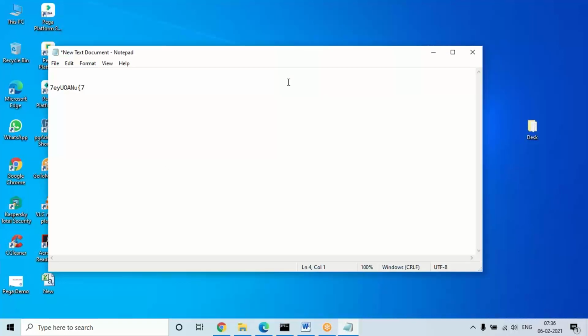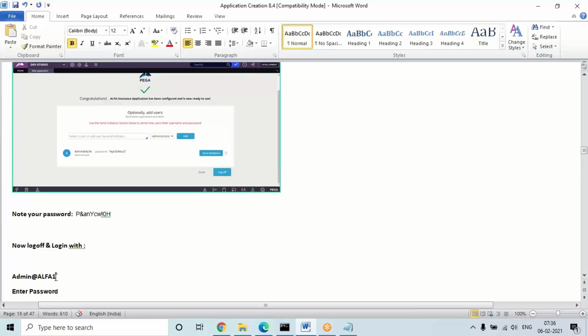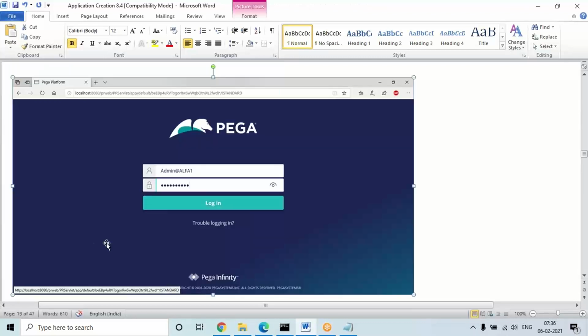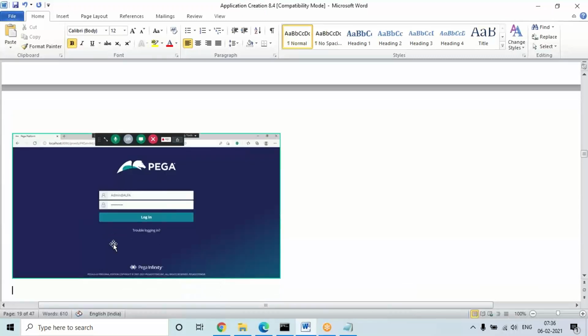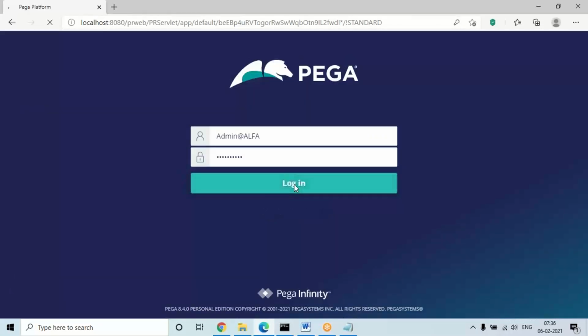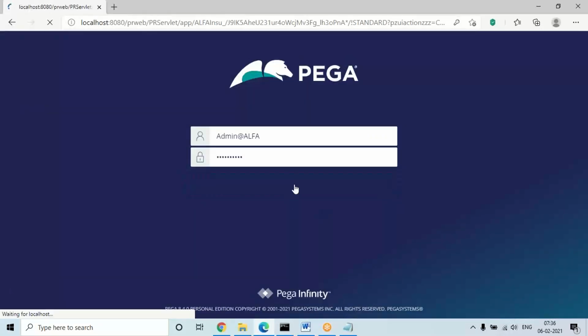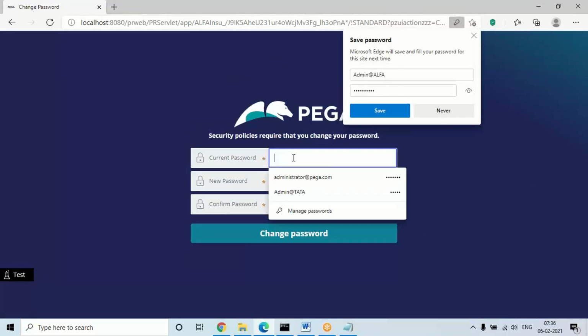It will not generate the same for everyone, so in your system it may create a different password. Then you need to update the password in the first login itself. So enter the current password.